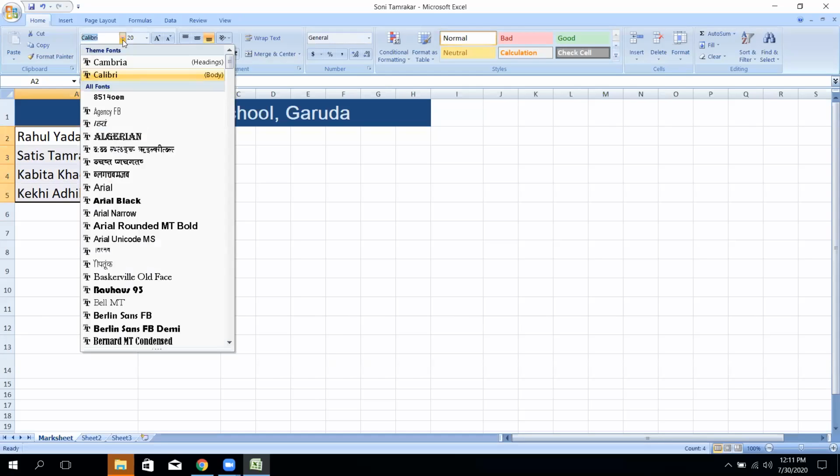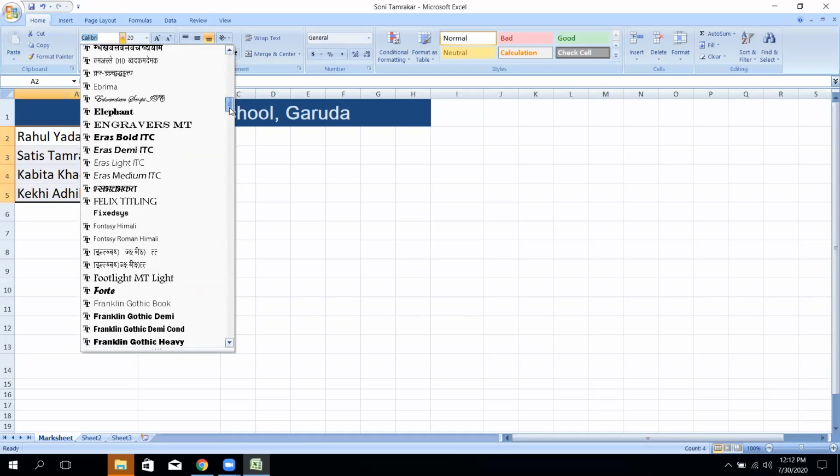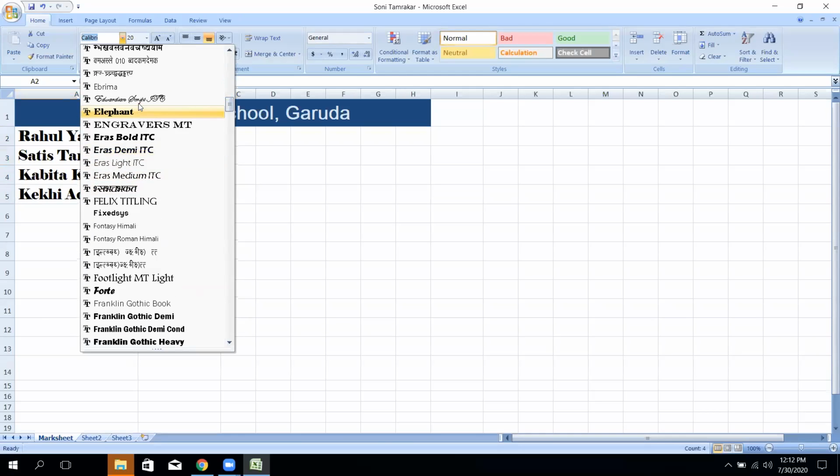You can select those names, and as per your interest and excitement, you can change the different types of writing styles also.